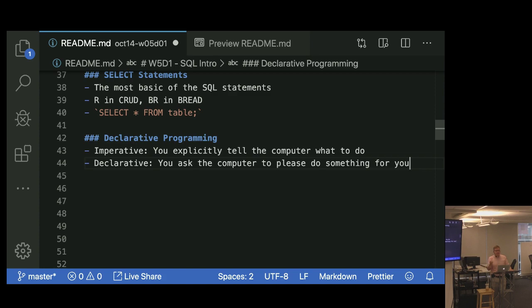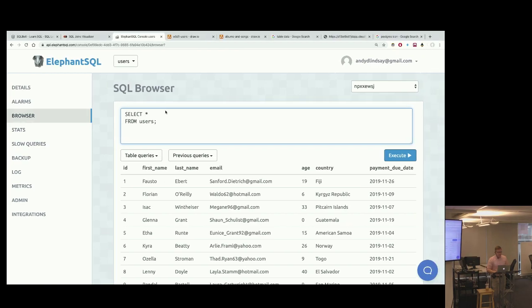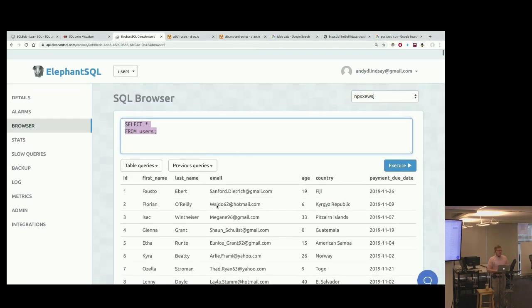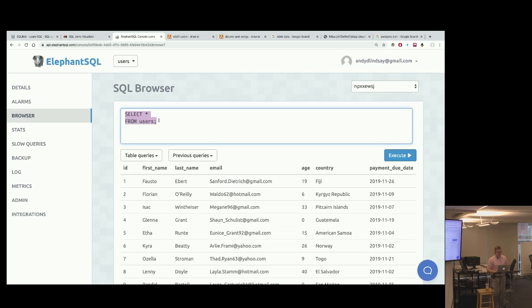We don't get into the nuts and bolts of the how. We don't care how it's implemented. Remember, we talked about abstraction layers, and this is what we do as programmers. We interact with interfaces that have abstracted away all those complications for us, right? So we can just say simple things like select star from users, and we get back every single user in the database. I would challenge you to write a line of JavaScript code that does something similar without having to,